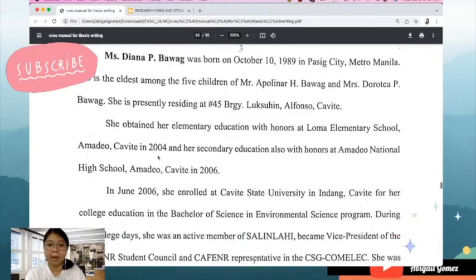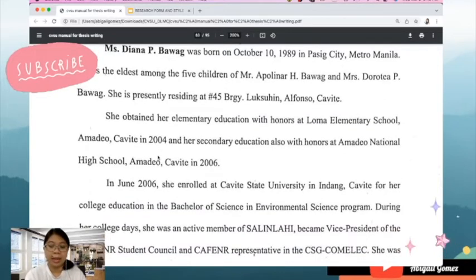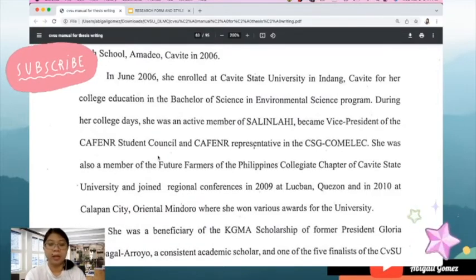But the second paragraph is the elementary and high school education. It contains the name of the school and the year that it was completed. If there are some scholarships enjoyed and awards or recognitions that had been received by the student, ilalagay niya yan dyan sa second paragraph. The third paragraph includes the college education and the name of the school, address, and year